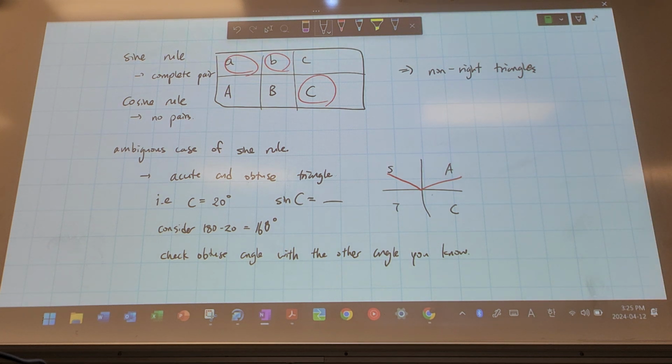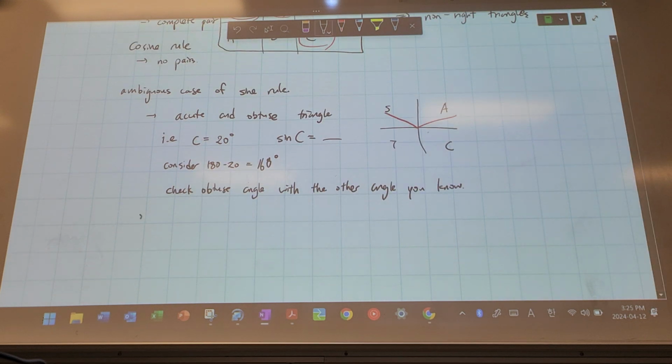Or in the first place, if you try to solve the equation sine C is equal to something, usually you'll see a question where sine C is equal to, let's say, 1.5, then it's not possible because sine C has a range of -1 to 1. So that's how the sine rule can have an ambiguous case of either 0 solutions, 1 solution, or 2 solutions. Okay. One thing to note for the ambiguous case, in your work, you have to explain